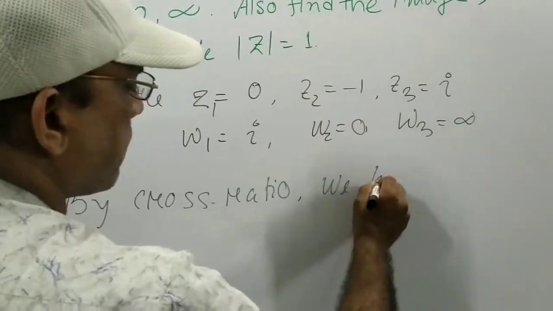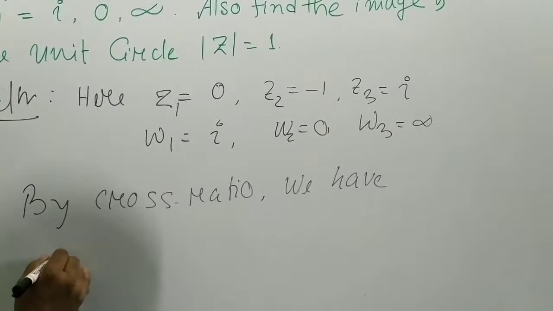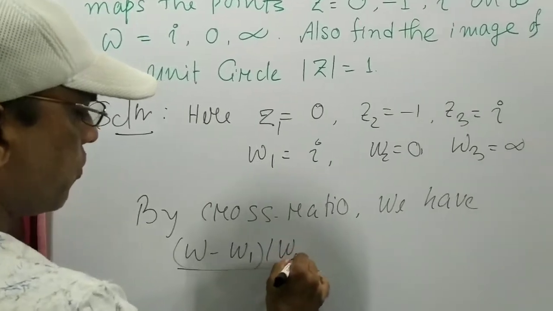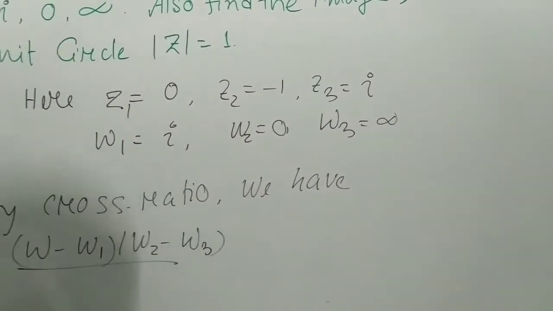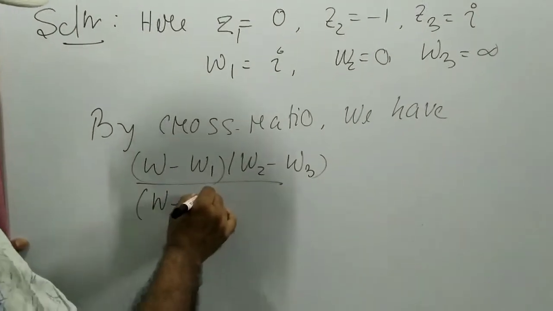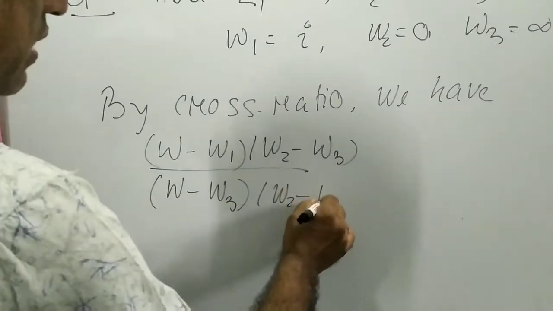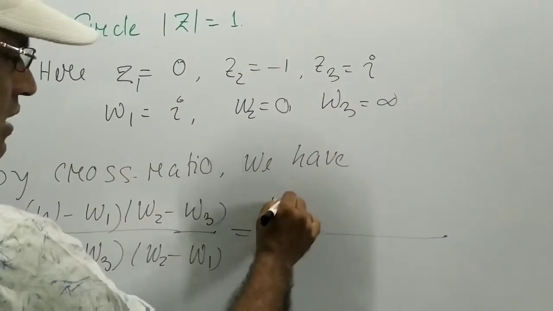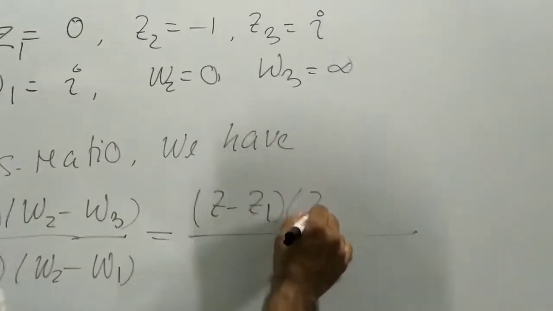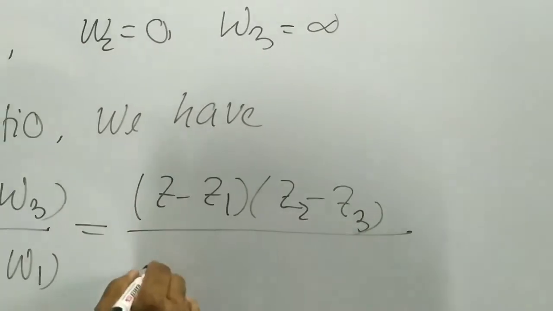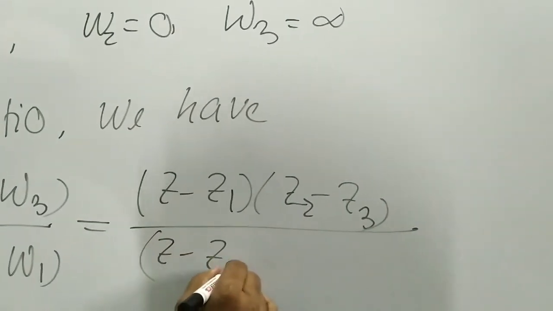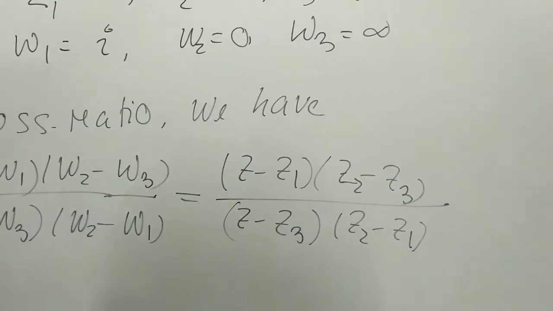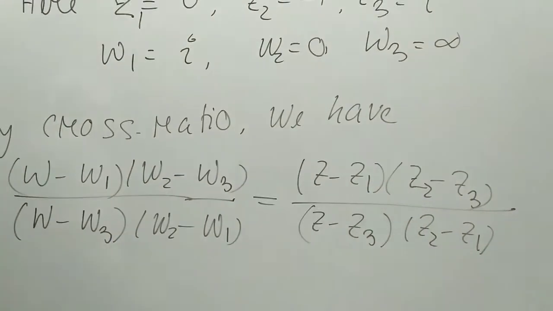we have (w - w1)(w2 - w3) / ((w - w3)(w2 - w1)), this is equal to the right hand side, also the same in terms of z: (z - z1)(z2 - z3) / ((z - z3)(z2 - z1)). This is our cross ratio formula. By using this formula we can easily find